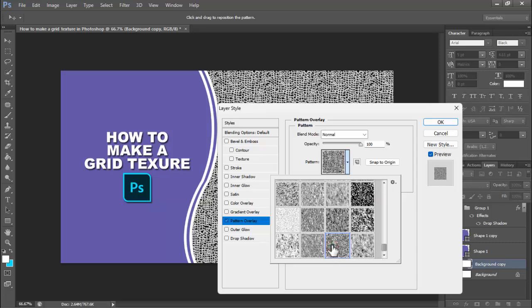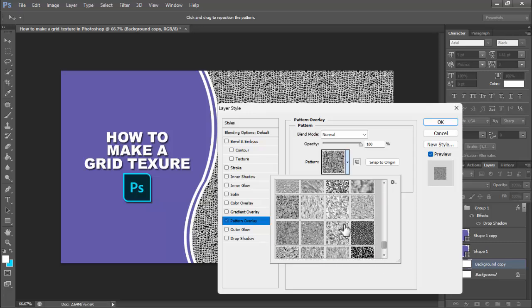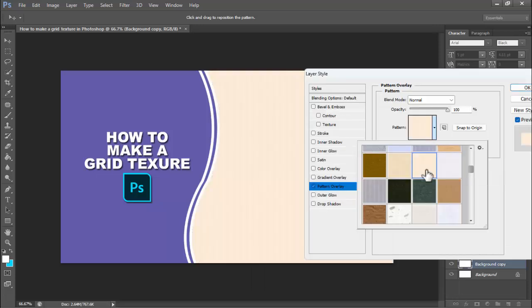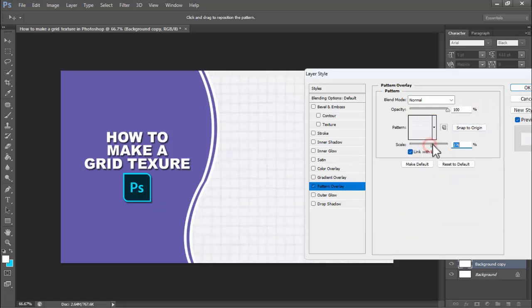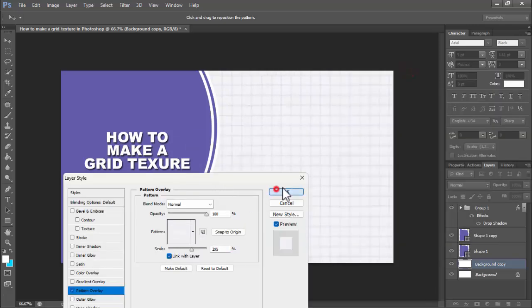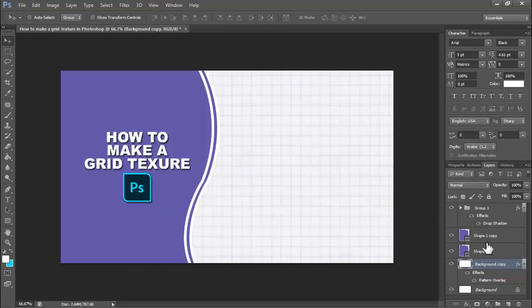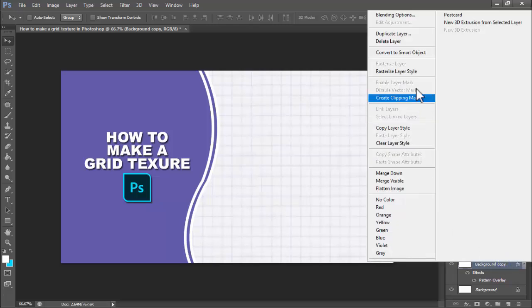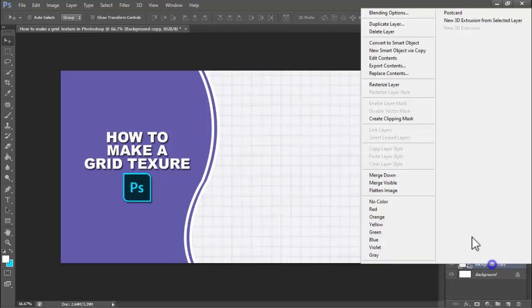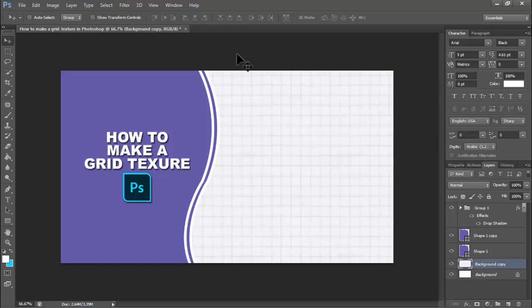Then find this grid texture. And now we can see this grid texture. Increase the scale and then click OK. Adjust it for showing bold. Simply right click on your mouse, convert to smart object, again right click, rasterize layer, then